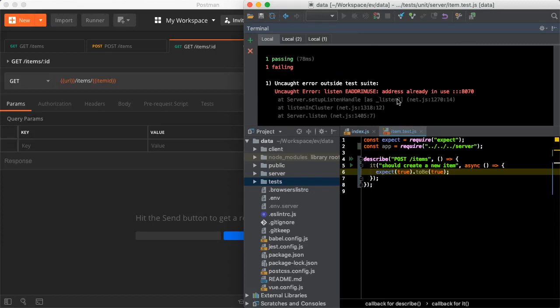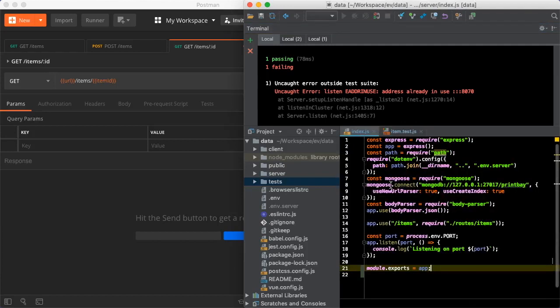Now you're often going to want to run your tests while your server is running in development. And the reason we get this error is because the test suite is creating a second instance of the Express server, and it's also trying to bind to that same 8070 port. Now in fact, the test suite doesn't actually need the server to bind to any port at all. We'll see in a moment how we can directly trigger our endpoints in our tests without the Node web server running at all. So for this reason, let's go back to our server module here, and we want to wrap